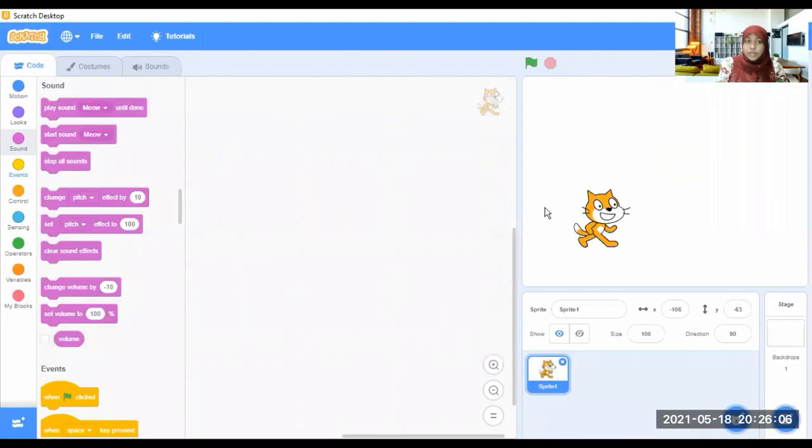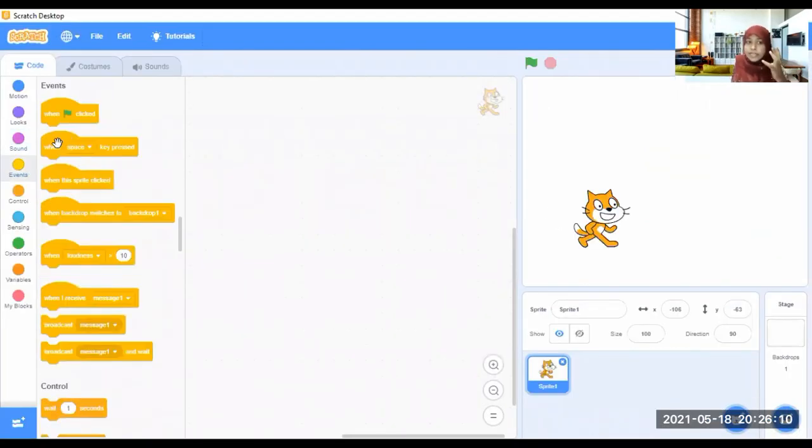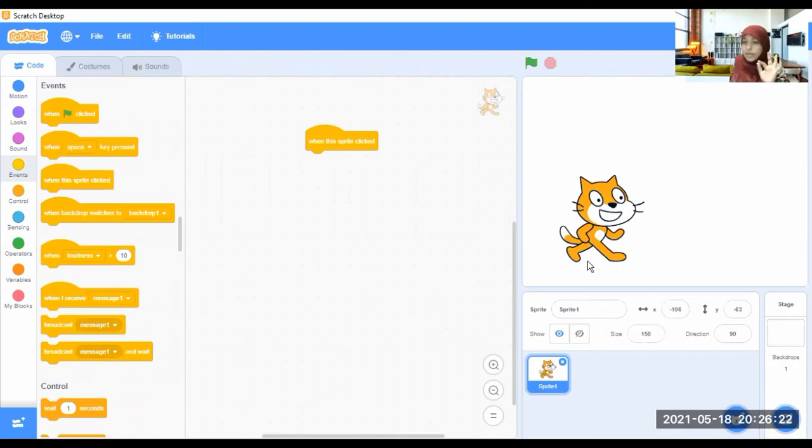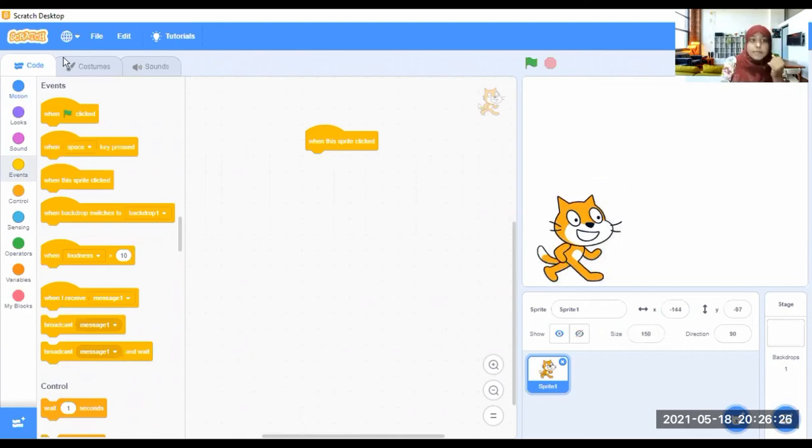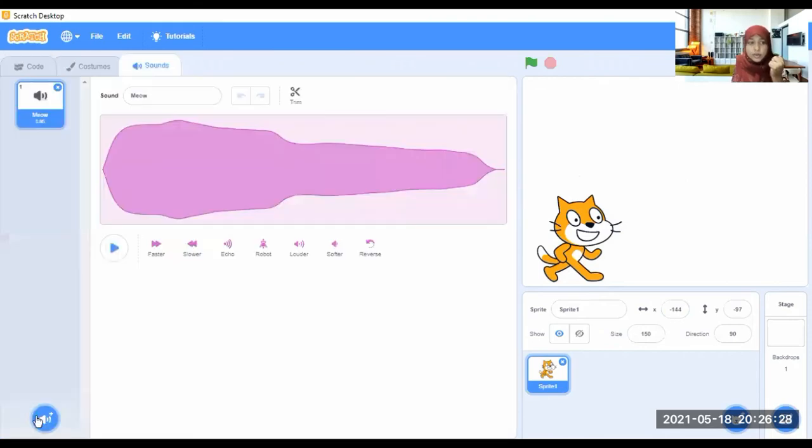First of all, what is the start? When the cat is clicked, isn't it? So when I click on this sprite, we'll make it a little bit bigger. When this sprite is clicked, what should happen? It makes a sound. Let's add a sound here. There is a meow sound, right?